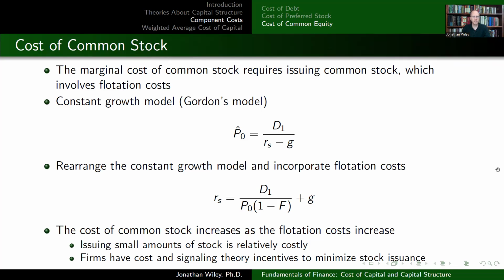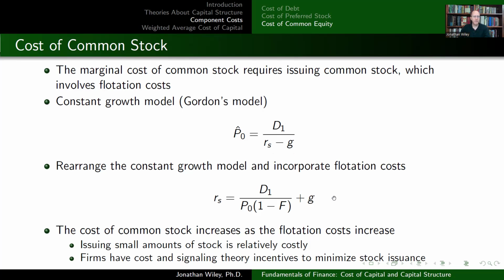If I start off in a similar direction as I did for the cost of preferred stock, I'm going to start off with a stock valuation model here. What I have here is a constant growth model, or Gordon's model. Basically I have D1, the dividend I expect at the end of the year, over RS, my required rate of return, minus G. I could plug those in to find the expected price, or I could rearrange those. And if I rearrange and solve for RS, what I would get would be D1 over P0, plus